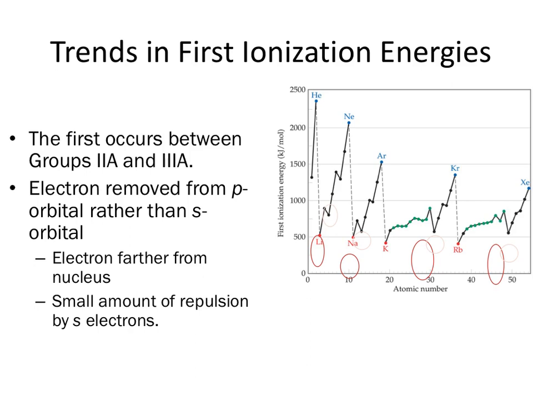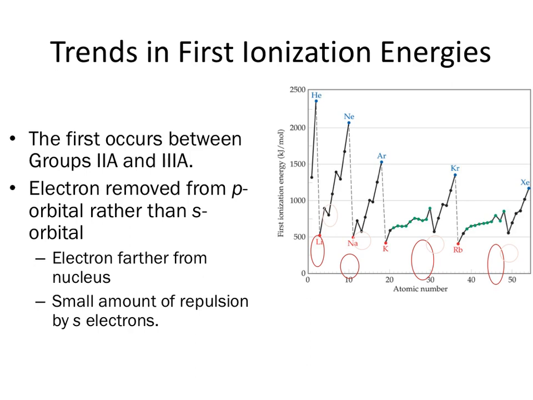The first exception occurs between the second group on the periodic table and the third, so between the alkaline earth metals and the column with boron. You would expect that boron would have a higher first ionization energy than beryllium, but that is actually not true, because its outer electron, its valence electron, is in the p orbital